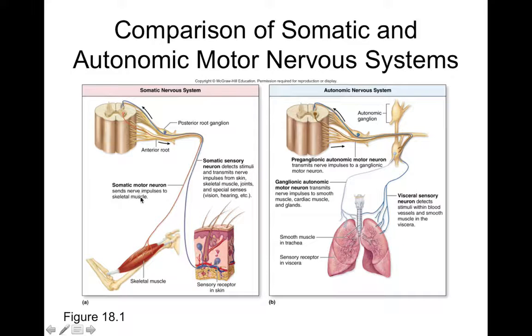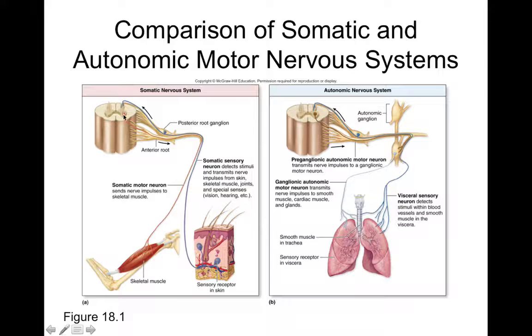Remember, the somatic sensory system is sensation from skin, muscle, joints, and fascia. So that's why you feel your body, because somatic means body. So you can feel your skin and joints and the stretch of fascia around your body. So information might be carried towards the spinal cord, where it's transmitted to the brain for conscious perception.